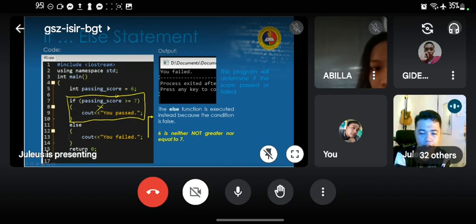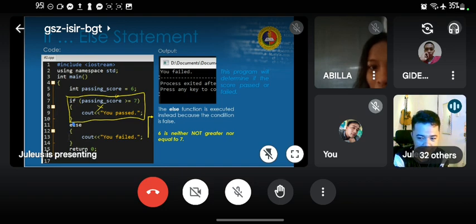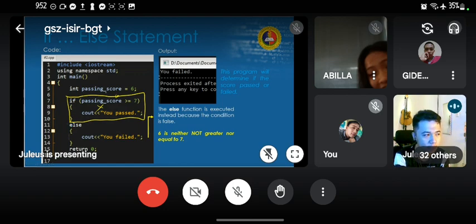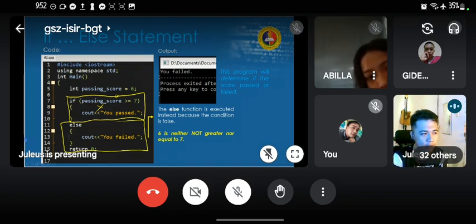So if ever the condition is set and it is invalid, then you'll have to create an additional condition na kung ang imong condition is false, then the function will be executed. Mura ba siya og last nga option? Last nga option. If ang condition is false, then it will run this particular code. So you're going to create an additional function that will be executed if the condition is false. So therefore, the else statement will be executed because the condition is false.